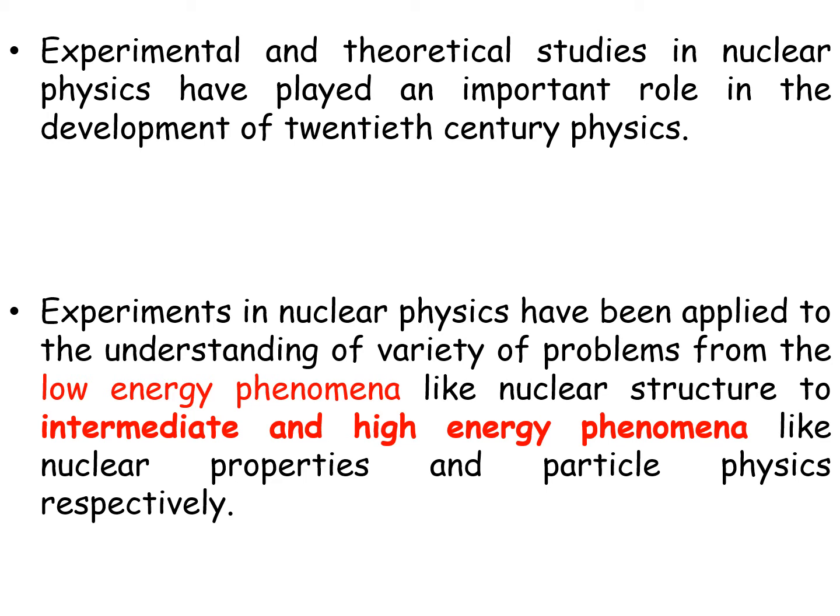Here I want to tell you that in nuclear physics, research is of two types: theoretical research and the experimental research. In the experimental research, we have an experimental setup, we take readings, and then we compare our experimental results with the theoretical values. Similarly, in the theoretical studies, we have well-developed models, we do simulations, we have different softwares, we do the calculations, and then we compare our theoretical results with the experimental values. So both the experimental as well as the theoretical studies in nuclear physics, they go hand in hand.